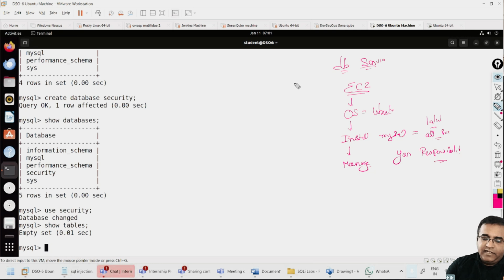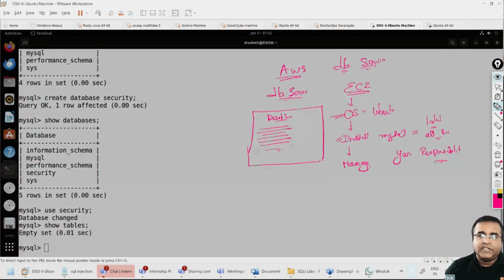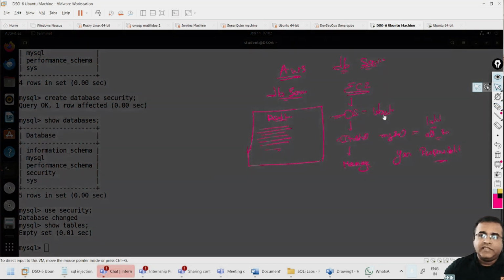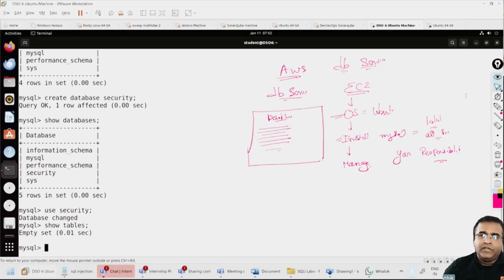But at the same time, AWS or any cloud service provider will give database as a service. Here you don't have to install any OS because they will take care of the OS. You don't have to install MySQL, they will take care of MySQL. The only thing you have to do is that they will give some kind of an interactive terminal or a dashboard, and there you can connect, create your database and tables and make changes, right? That is how it is going to be done. So it is your choice.